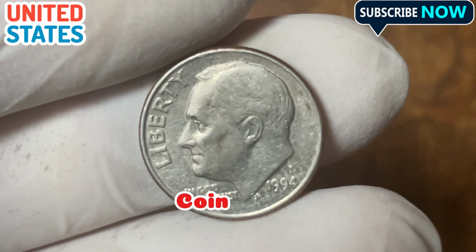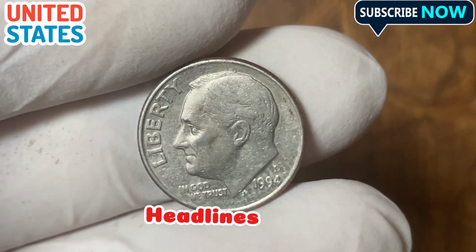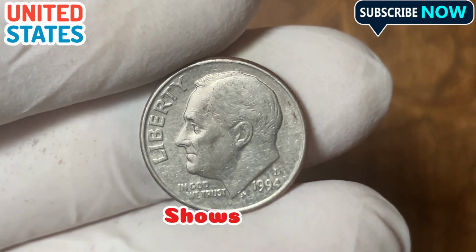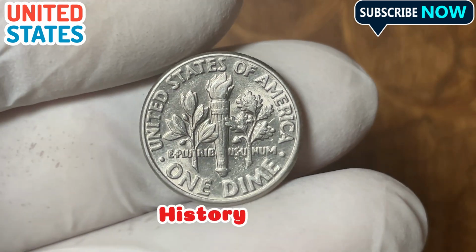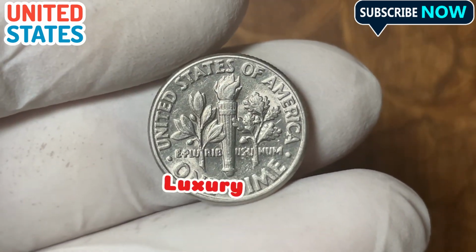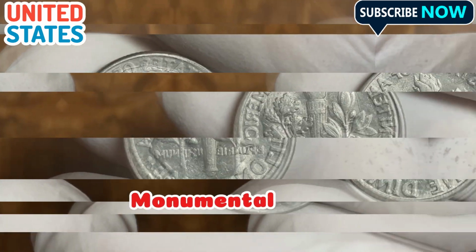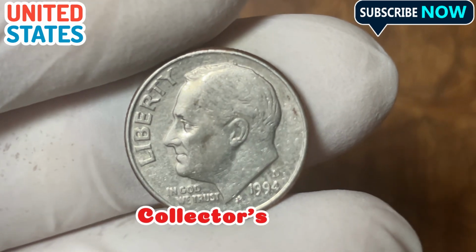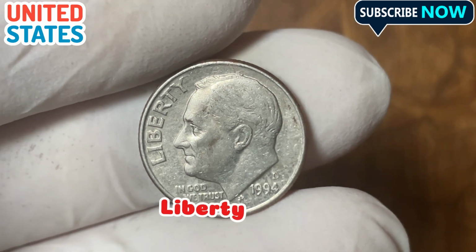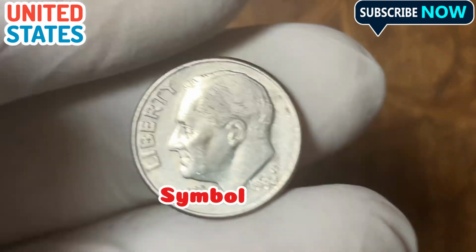This particular coin has passed through elite collections and even made headlines at international coin shows. With a story woven into American minting history and a price tag rivaling luxury sports cars, this tiny dime became a monumental treasure. A global obsession and collector's dream today, the Liberty One Dime 1994D has become a symbol of